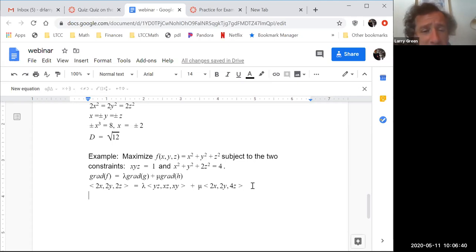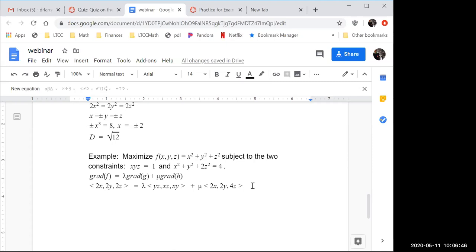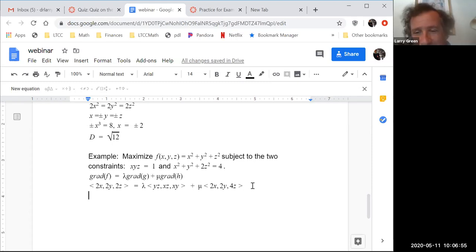Okay, so how many equations, how many unknowns are we going to have? 3 equations, 5 unknowns. Got the unknowns right. 5 equations, 5 unknowns. Because don't forget the constraints. The constraints are always equations. So what we're going to get is